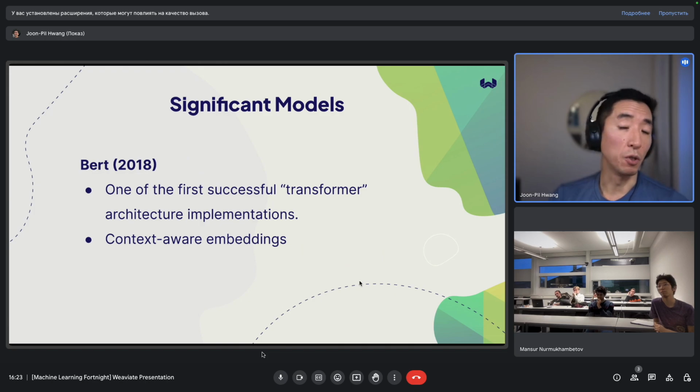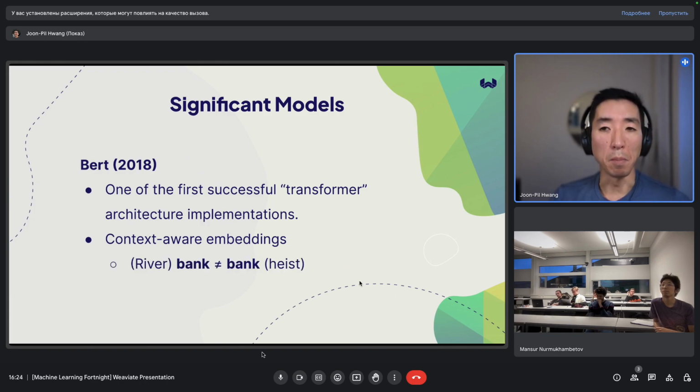Because words, as you all know, don't have just one meaning. It depends on how you use it, depends on what words come before and after it, and depends on the context. And what these transformer models allowed us to do was to modify words based on what happens around it. So if the word bank appears around the word river, it means something completely different to when you talk about a bank heist, right?